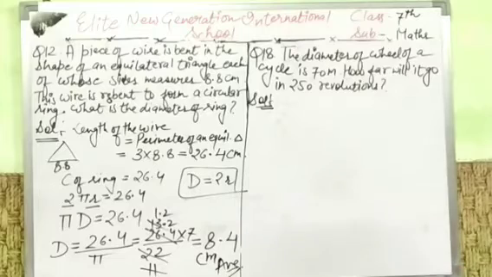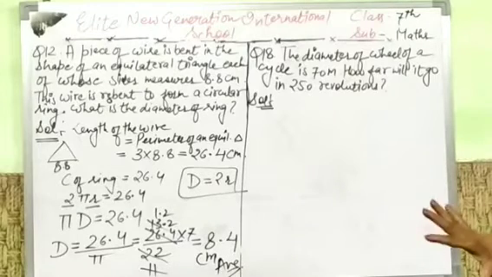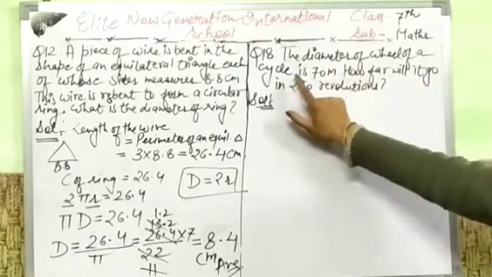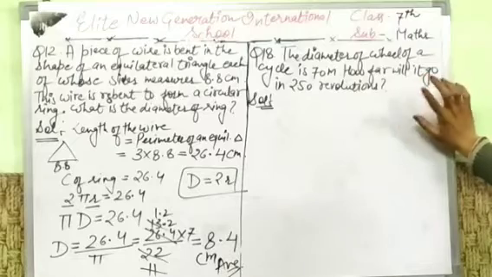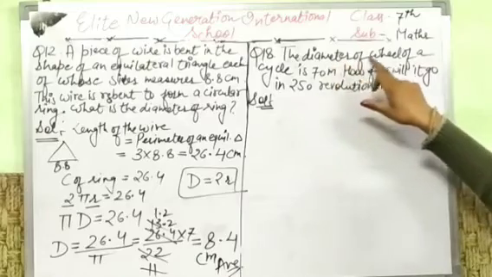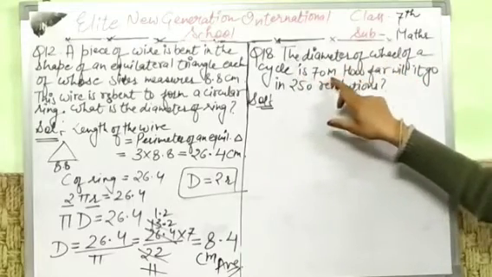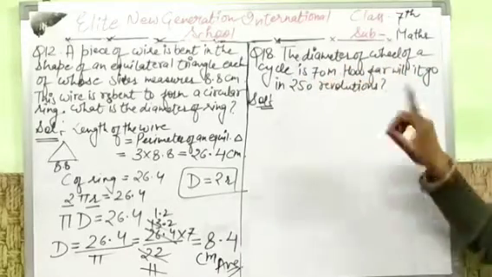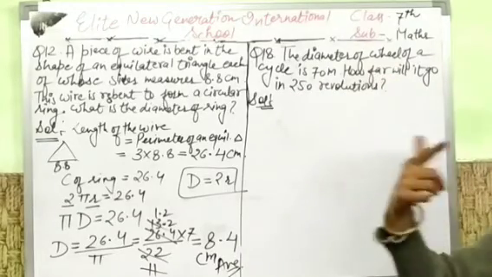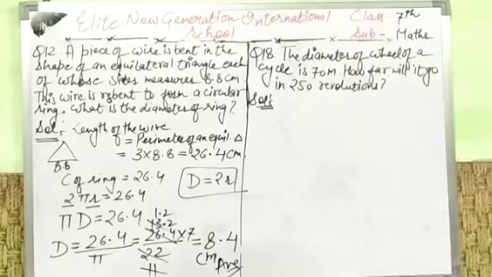Okay. So here, now let's solve question number 18. So last question from 20th E. The diameter of a wheel of a cycle is 70 meter. How far will it go in 250 revolutions? Here we are having the diameter of a wheel of a cycle is 70 meter. Diameter is given. And we have to find how far will it go in 250 revolutions.